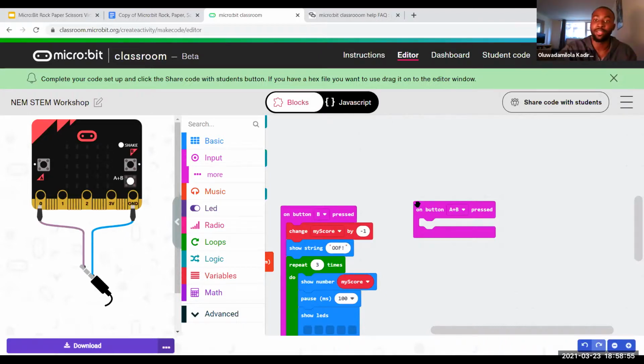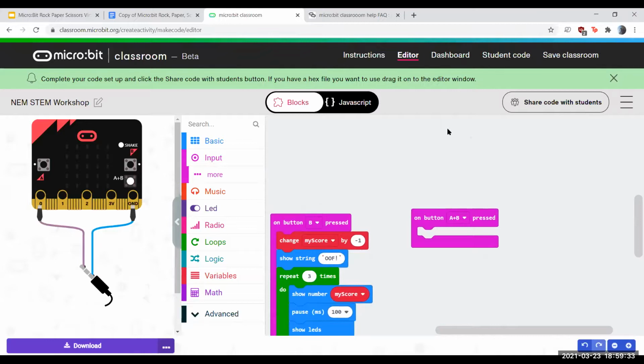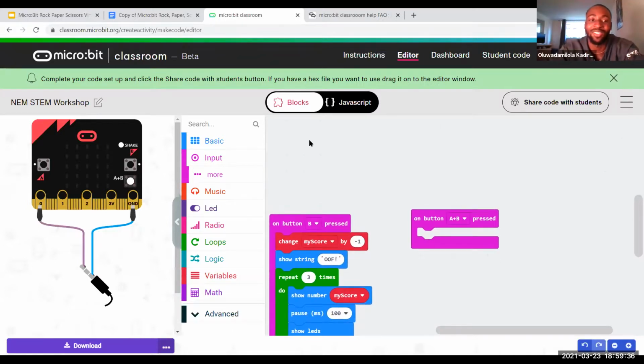So Rayo says he thinks he fixed it. Let's see, Rayo. Okay, you got it. But you got to show the score too. So you've got it. That's how you do it. So I'm just going to show everybody. Gersha says he also thinks he fixed his. Let me see. Yeah, that looks great. So this is how you do it, guys. I just did it. I saw Liam. You did good. That's really good.